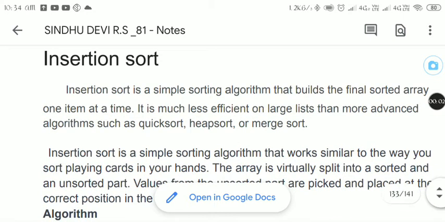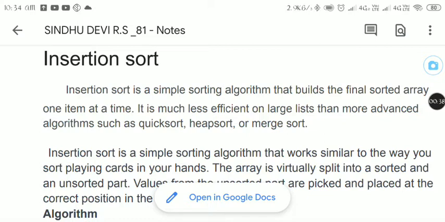Insertion sorting. Before going to the sorting algorithm, I want to make clear what sorting is. Sorting is a process of arranging items systematically, or in other words, arranging them in a sequential order by some criterion, or grouping elements. Likewise, we arrange in a particular order, by size, or according to type.